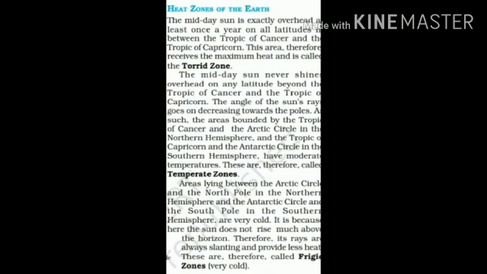Now another picture you can see on your screen. Now we will read about the heat zones of the Earth. We have three types of heat zones on the Earth. One is the torrid zone, second is the temperate zone, and third is the frigid zone. We are going to read what the temperate zone, the torrid zone, and the frigid zone are. All these three zones we will read in this lecture.